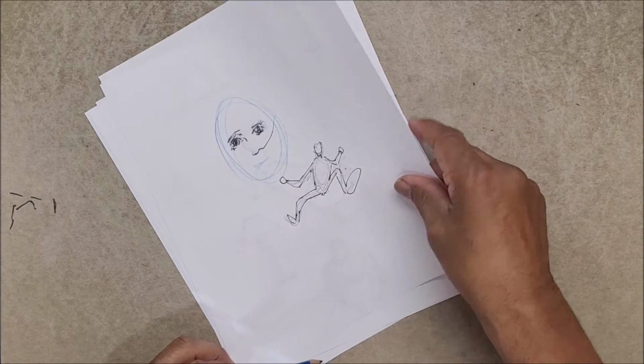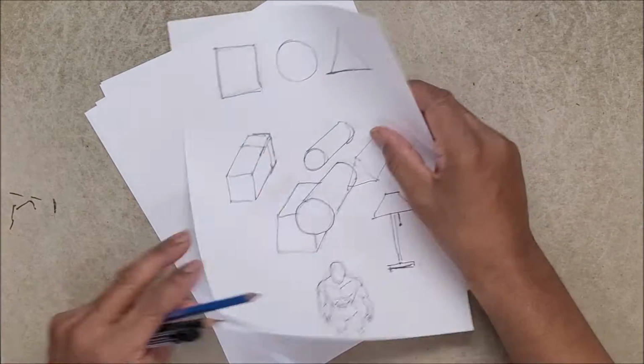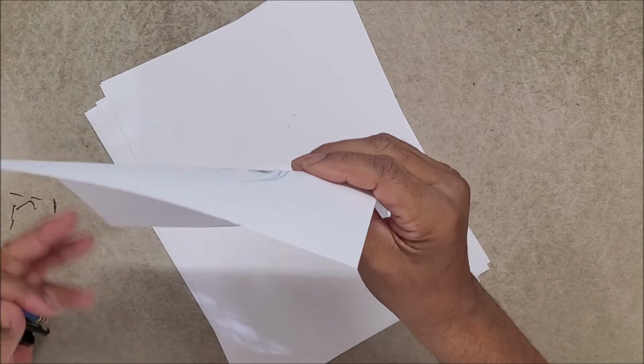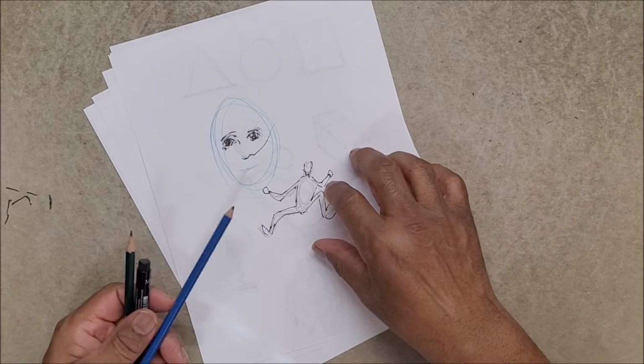But you can easily do several things. You can turn it upside down. You'll see it in a different light. You can turn it over for a few seconds and then look at it again. Or you can hold it up and look at it in the mirror. Those are ways that you can see what your drawing looks like before you ink it and then just get